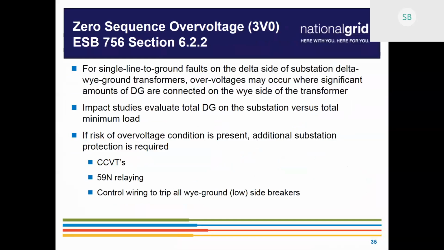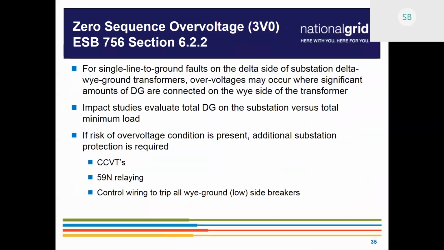A couple other things come up typically in the ESB sections that they relate to. We have 3V0, which a lot of you have heard about. It's a protective device related condition where, when you have a fault on the transmission line, the DG can potentially still energize the transformer and cause a high voltage on the high side, even though our transmission upstream device would have opened to stop feeding the fault. So you'd have no fault current, but you have high voltage, is what ends up happening.